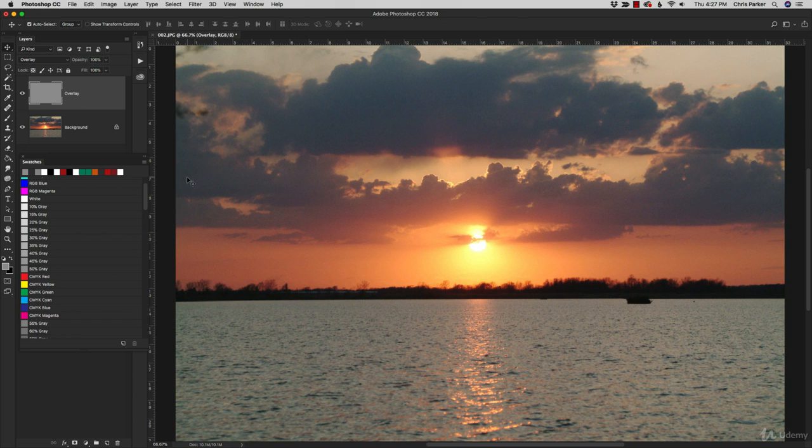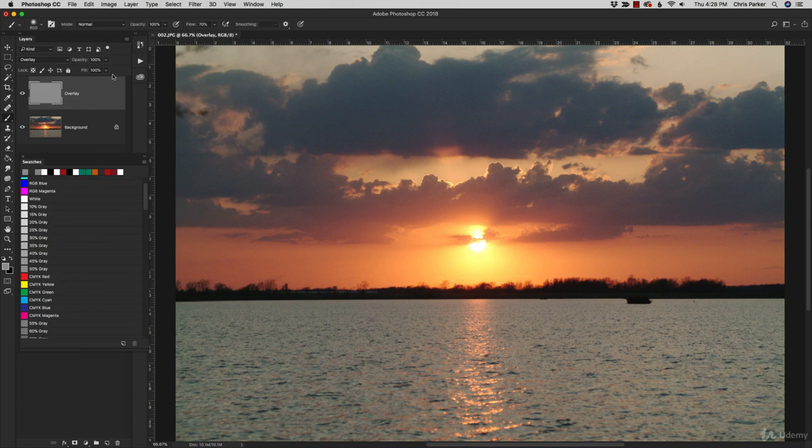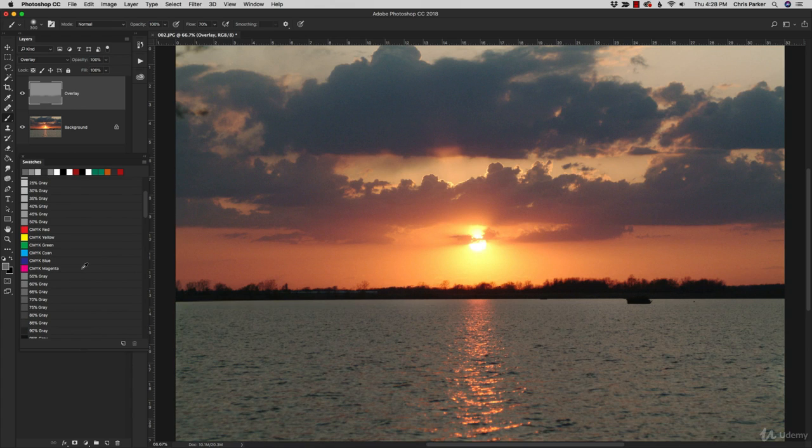So let's go ahead and grab our brush tool with the letter B. And let's say we want to make our water really dark. I'm going to use a soft edge brush at 0%. And then I'm going to choose a darker shade of gray. I'm going to select 65%. And then that will darken up the water. If I choose a lighter shade of gray, let's say 35%, that will then brighten up any areas that I apply my brush. So again, this gives you another option for dodging and burning